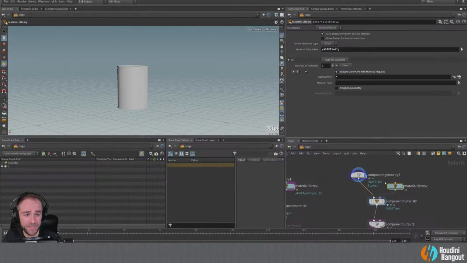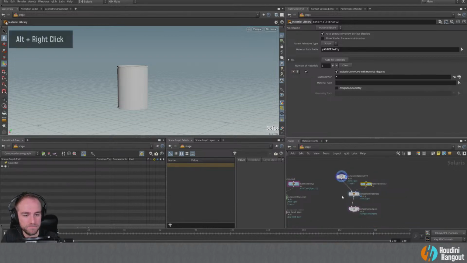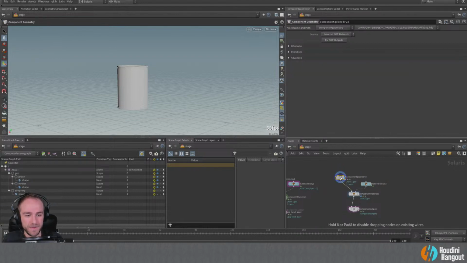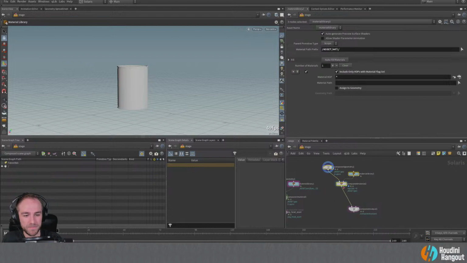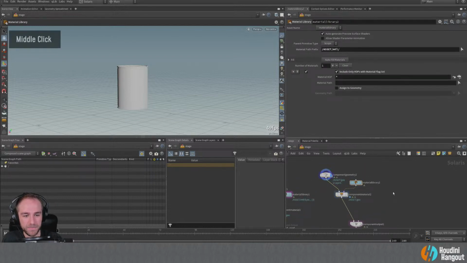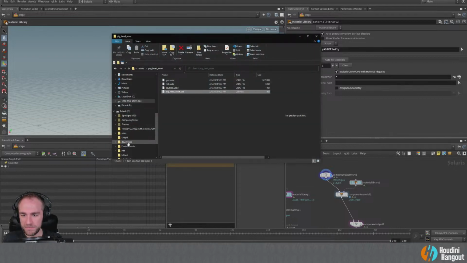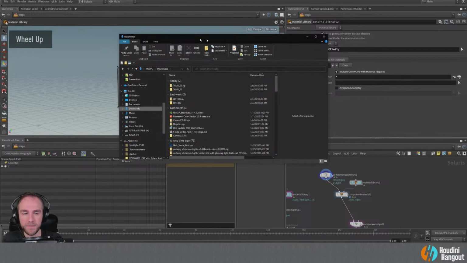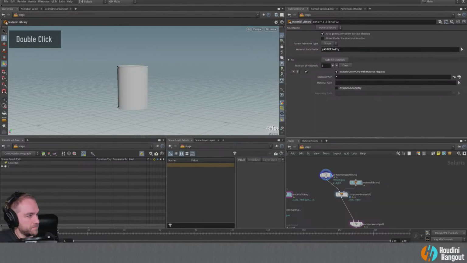I have a file that has all my shaders saved in it that I'm going to grab and load in here. I don't remember if they're Material X or not. Actually, I think they are. I think they are Material X now that I'm thinking of it. Let me load them in and we'll take a look. Let's make a couple different of these little setups here. I'm going to grab that file, which is in my downloads. Oh, that's the wrong download. Sorry. Let me grab this over here.